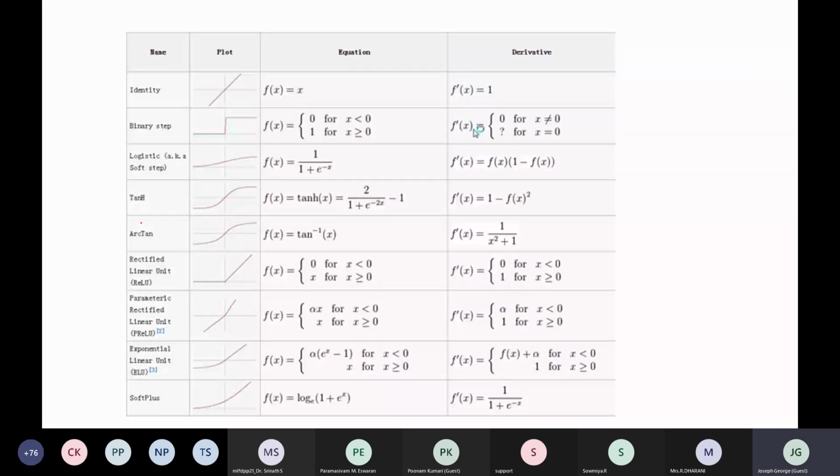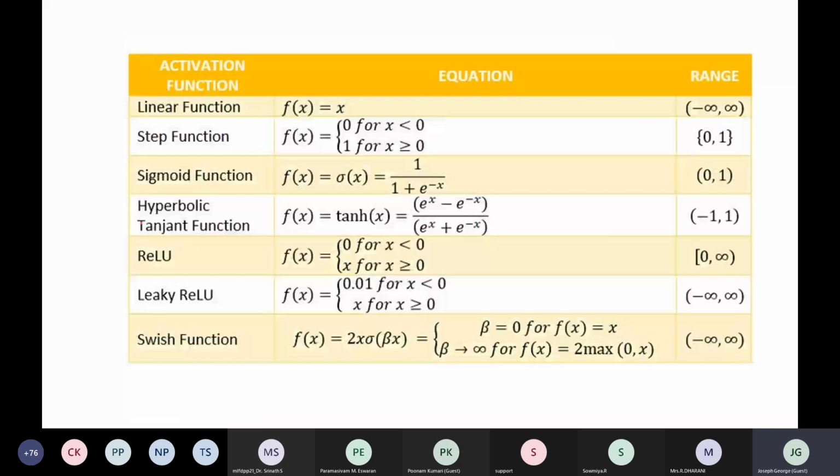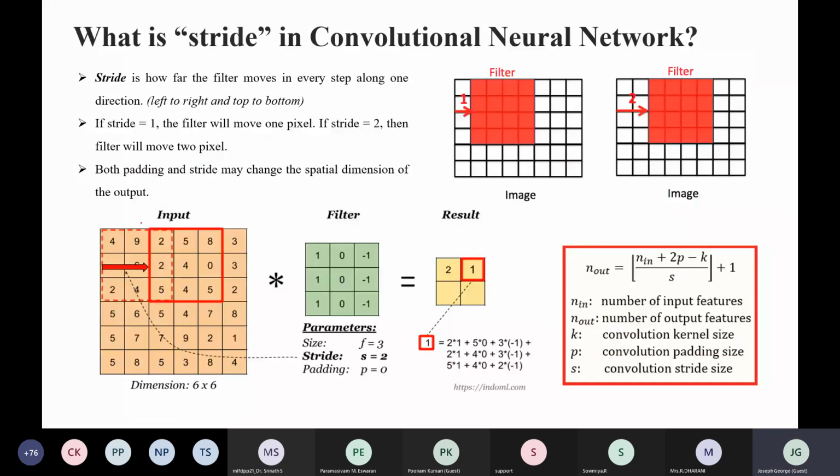Another important thing is strides. In a convolution layer, while doing a convolution operation, you can move this filter towards the right.